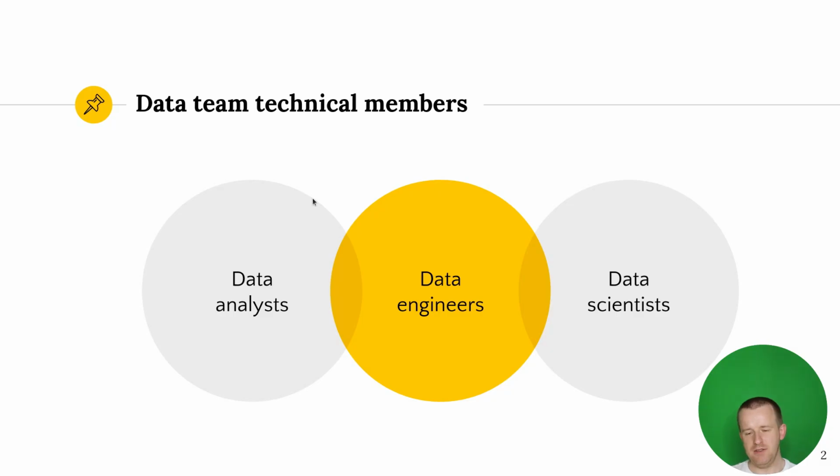So on the screen now you can see a quite simplistic vision of data teams. So we have data analysts, data engineers in the middle, and data scientists. Of course, you can also add to this picture personas like product owners, like analytic engineers, which at the time I'm recording this video are quite new in the data landscape. But nonetheless, this simplistic division clearly identifies three scopes of skills that are present in data teams.